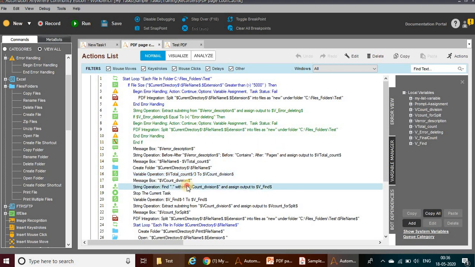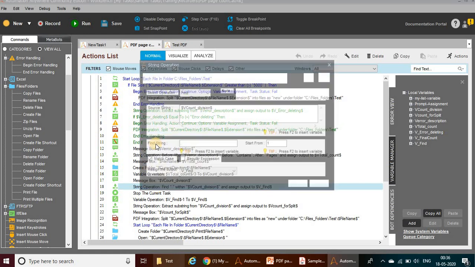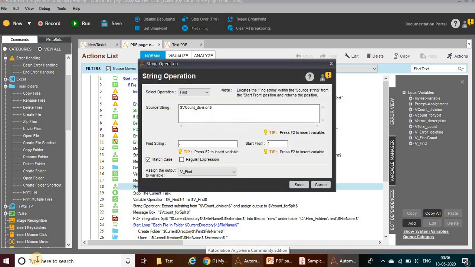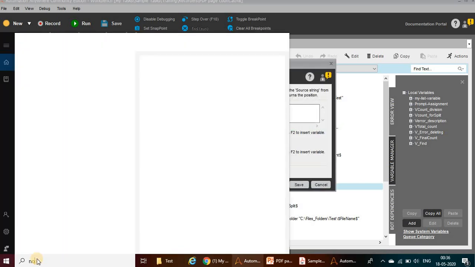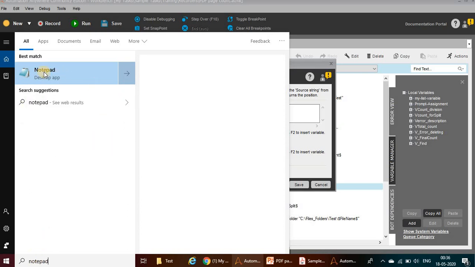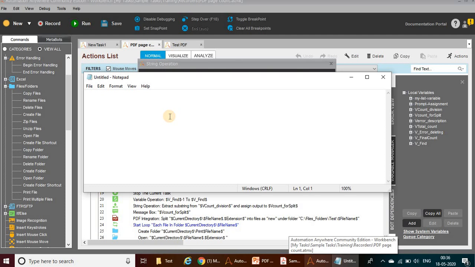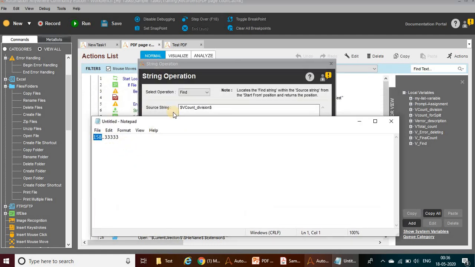For that, what I have done is I am using a string operation. So I got 158.333, right? Let me write it somewhere. .333, but now I need only the 158. You know, in pages per file, when we are splitting the documents, you cannot give 158.33 or something like that.